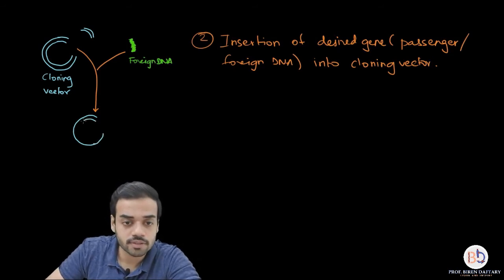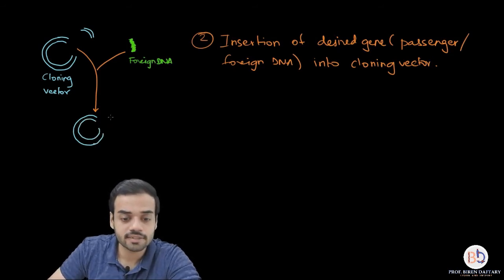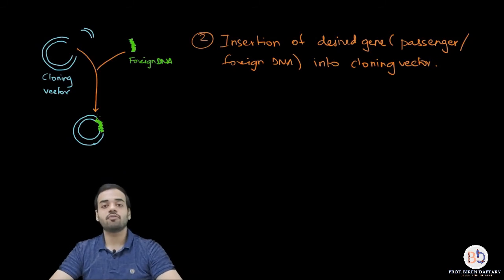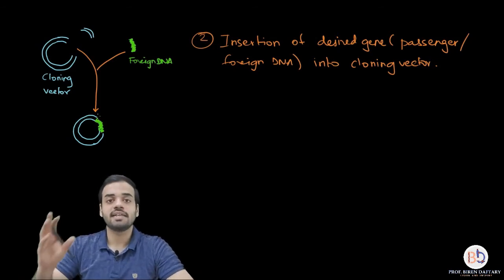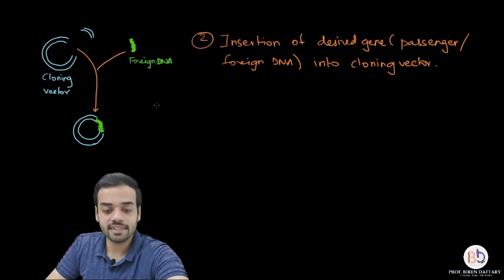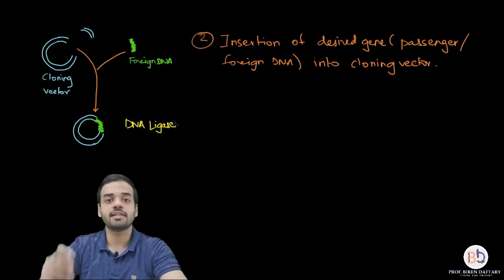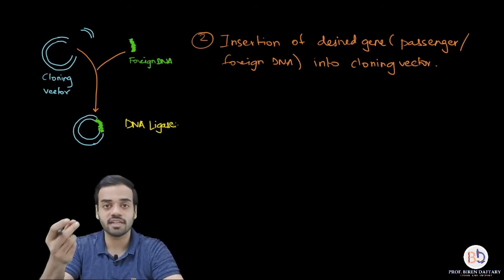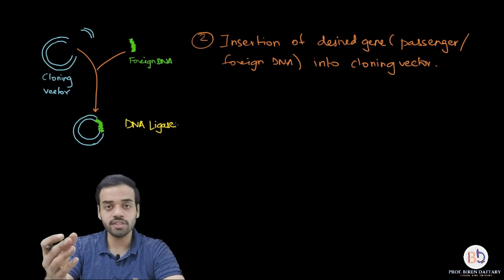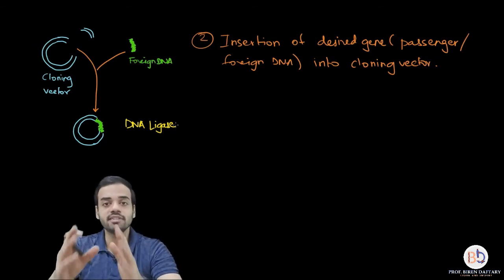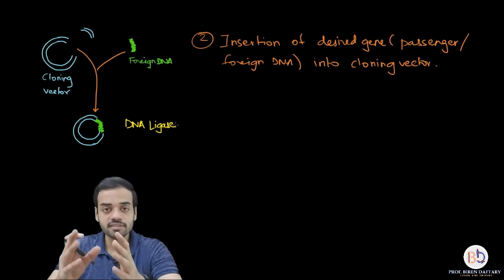Okay, this is your plasmid, and inside the plasmid is attached your desired gene. Please remember, for this attachment an enzyme is used, and that enzyme is called DNA ligase. We have heard about DNA ligase during DNA replication. It is like a gum or a glue. So over here, to stick the complementary ends, we are using DNA ligase. Is this part clear?